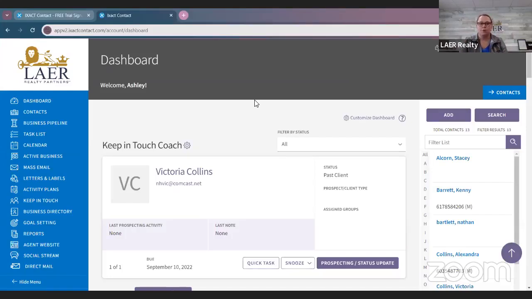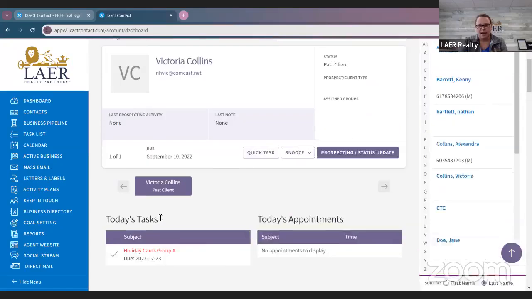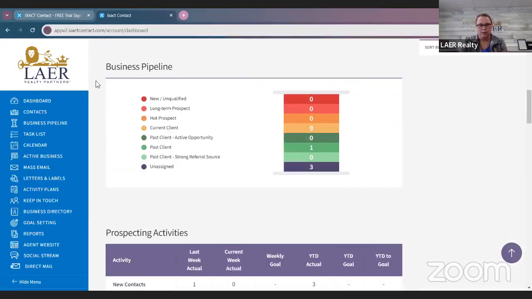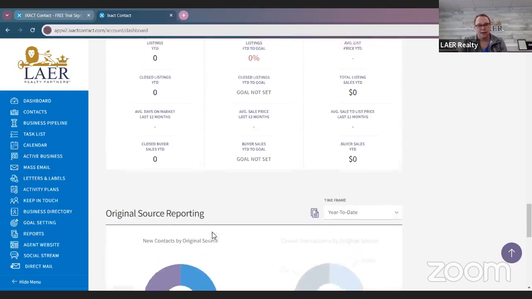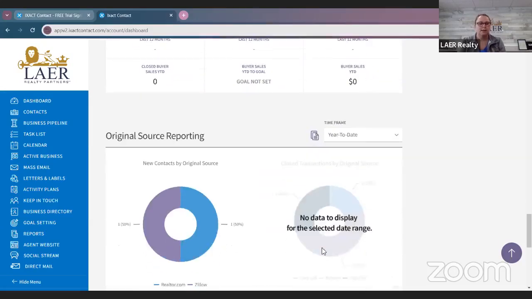Once you log into your Ixact account, this will be your home screen, or what Ixact calls your dashboard. Over on the left, you have your navigation panel, which allows you to go to different tabs within Ixact. In the middle, you have your tasks for today, today's appointments, business pipeline, active listings, active buyers, closed business,